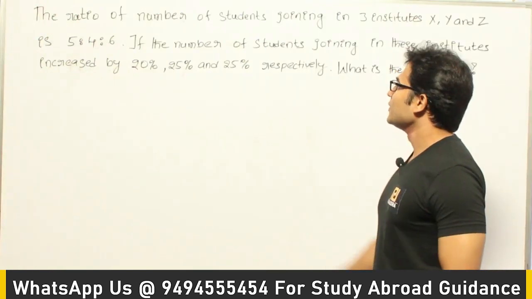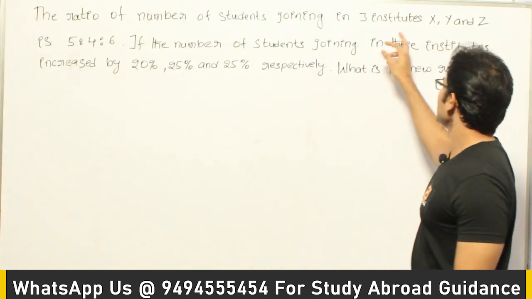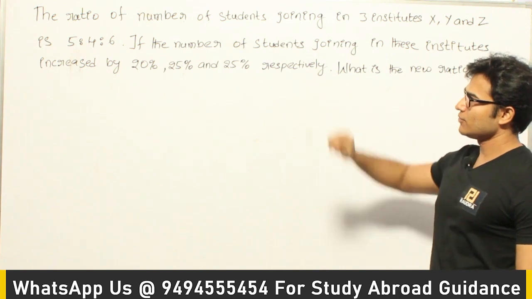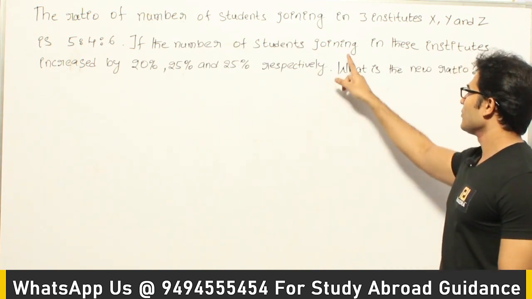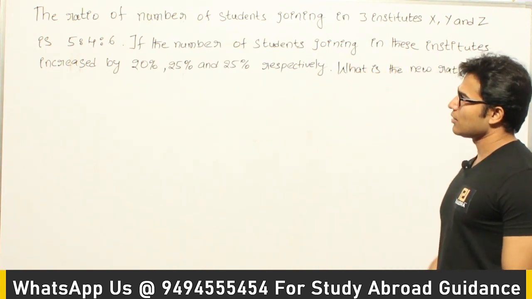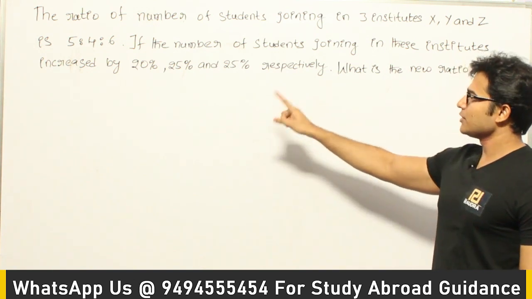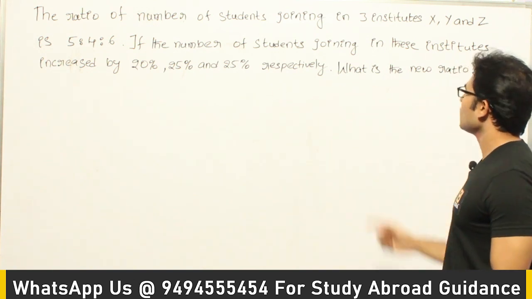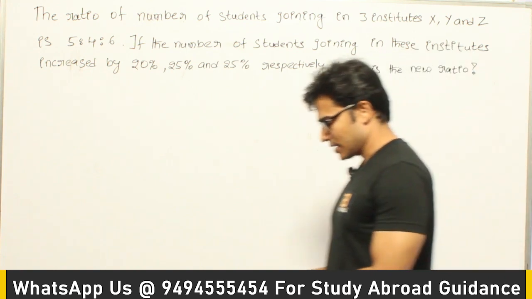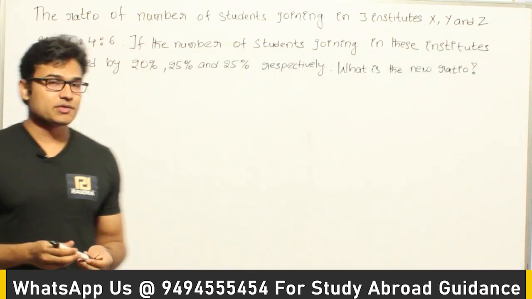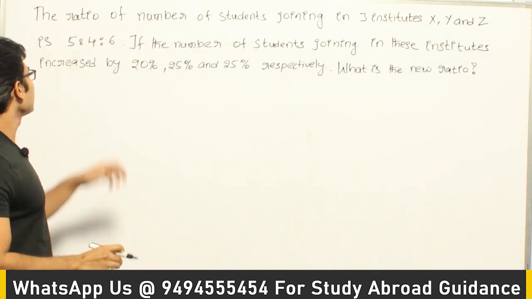Let's see this question. The ratio of number of students joining in 3 institutes X, Y and Z is 5:4:6. If the number of students joining in these institutes increased by 20%, 25% and 25% respectively, then what is the new ratio? So they are asking that there are 3 ratios and then these 3 ratios are incremented by,